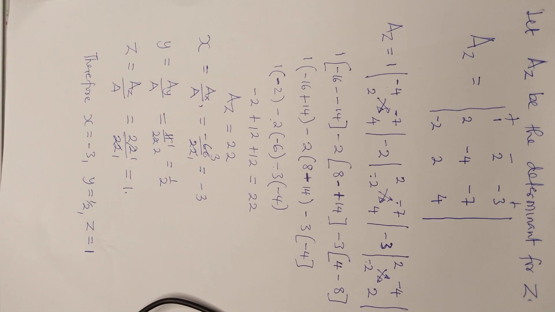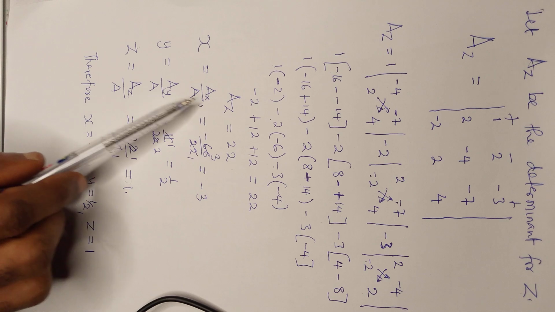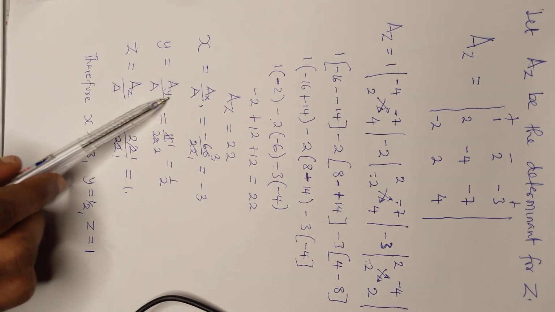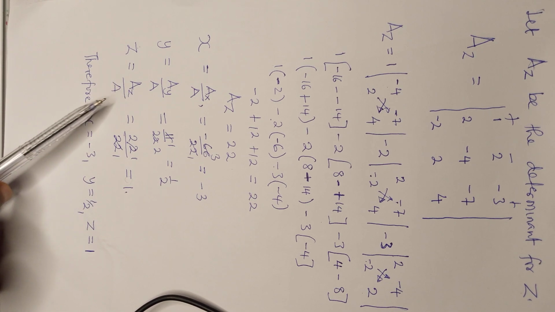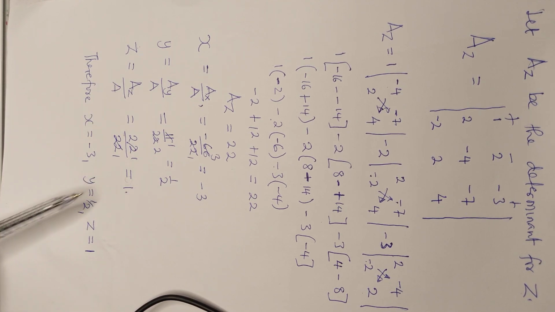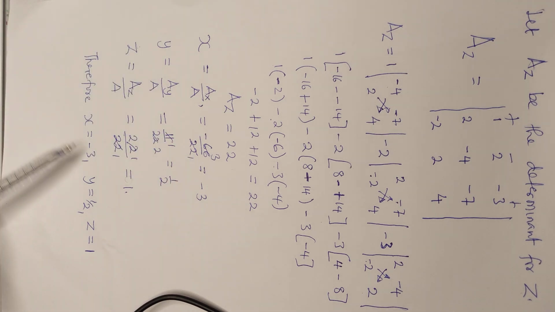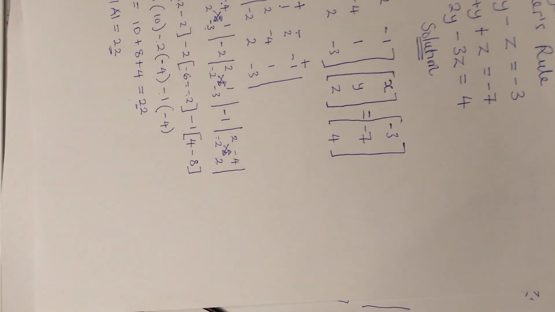So when we were done, we had to find the value of x by saying the determinant of x divided by the determinant of the matrix, which is A, and then for y divided by that of the matrix, and then for z, determinant of z divided by determinant of the matrix, and then we have this. Now, the truth is, if you slot in these values, that is -3, 1/2, and 1 in this equation,